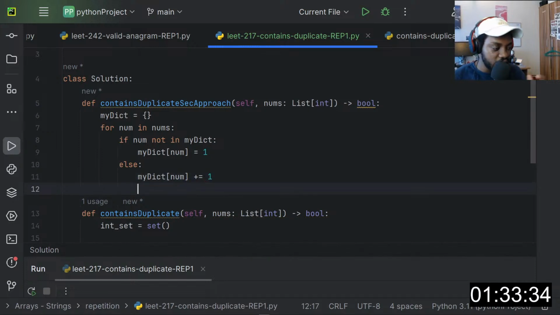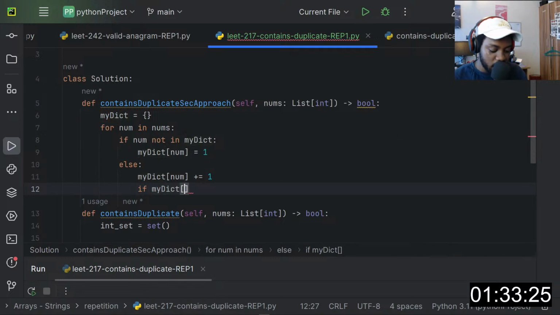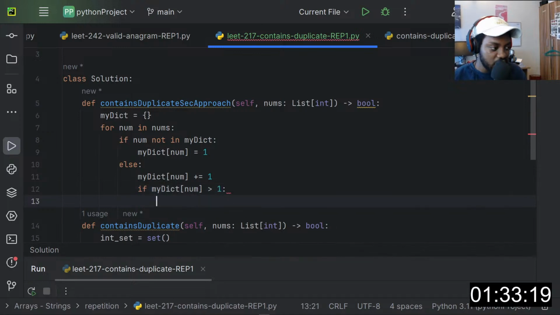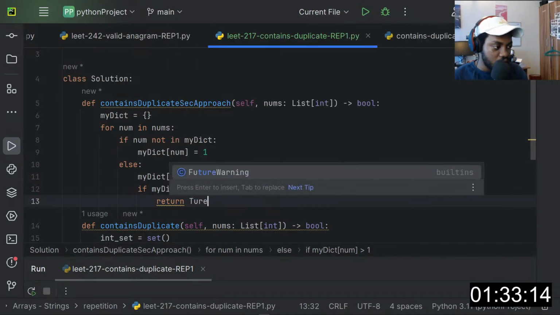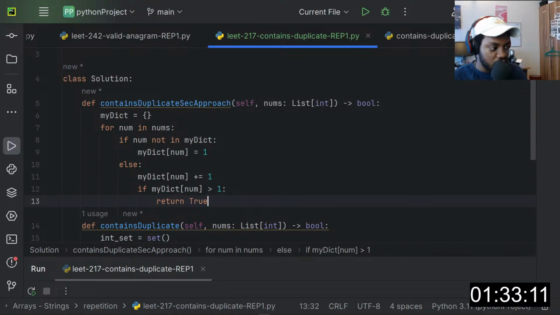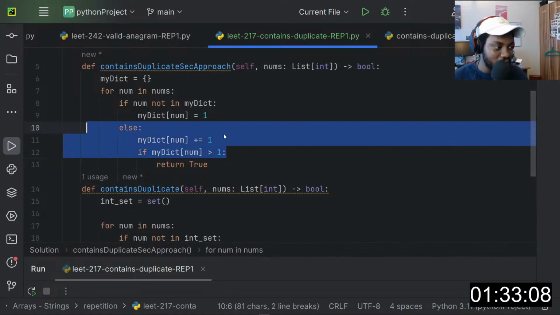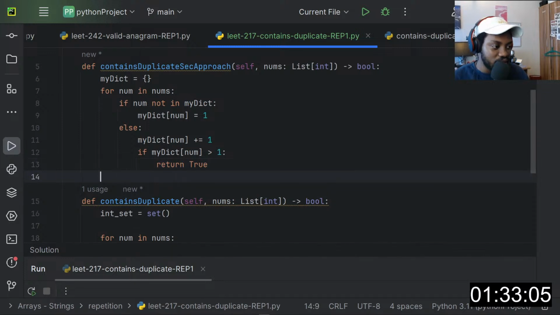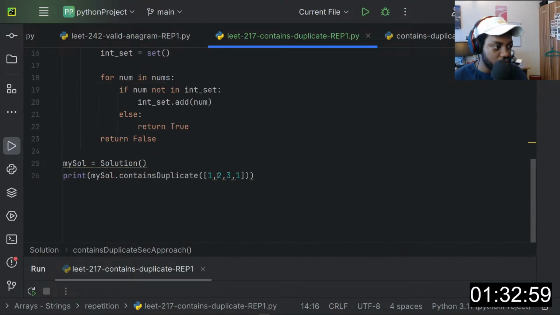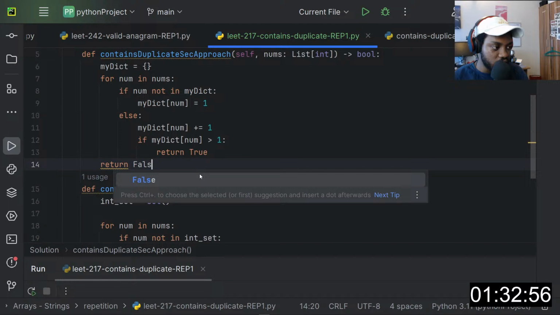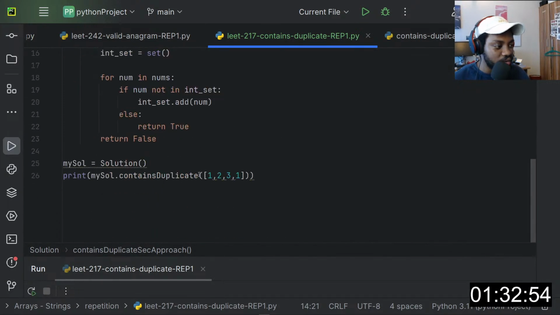So we increment it by 1, and then we can check if my dictionary at num is greater than 1, then we return true. This involves a little bit of steps, but it's not bad. Otherwise we can return false here.